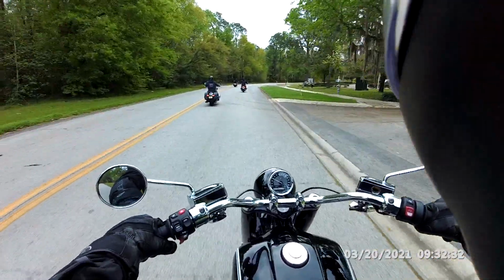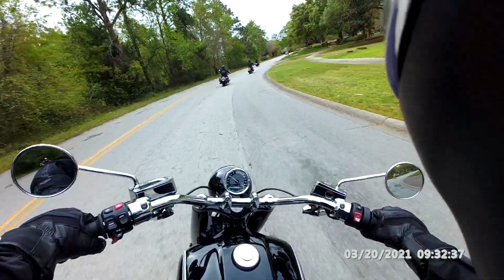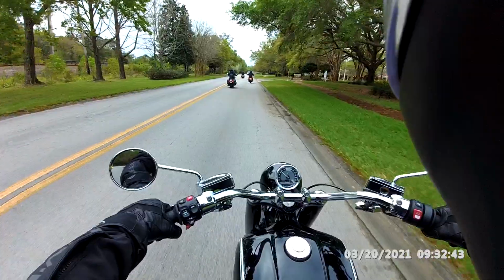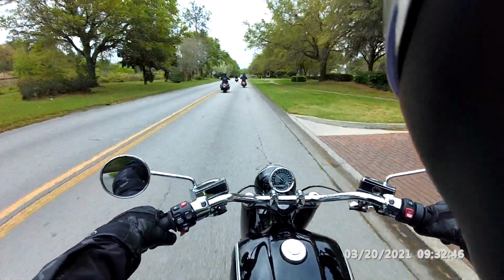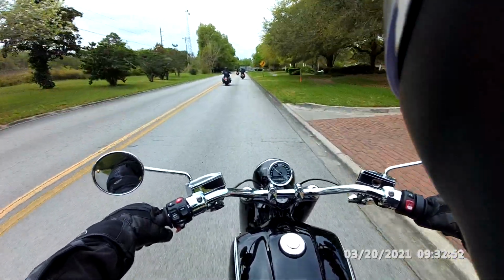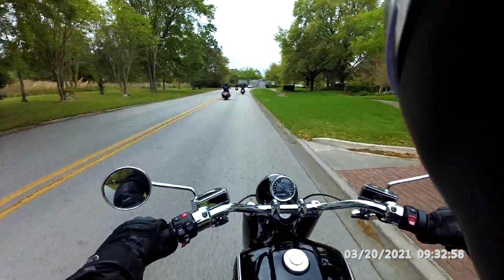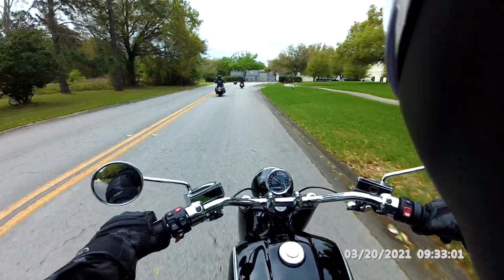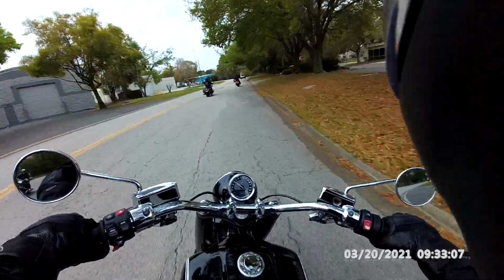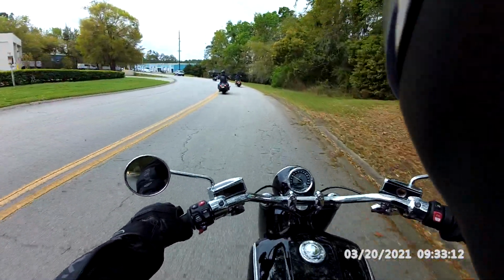This is a new experience for me. I haven't ridden a cruiser type bike, like a legit cruiser, maybe ever. I've ridden older bikes, but they weren't really cruisers. I've ridden a Honda Rebel 250 at the rider course to get your license, but that doesn't really count. It's very smooth. It would take some getting used to for sure. I've been nothing but sport bikes for the past decade, so